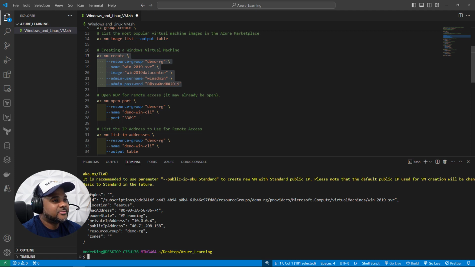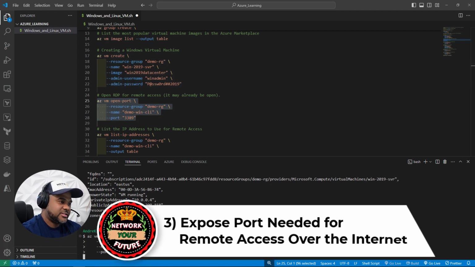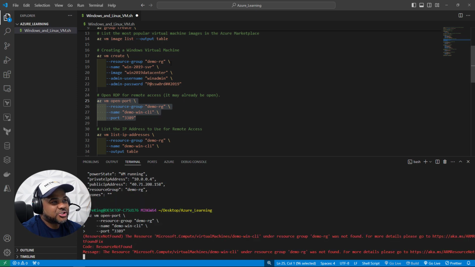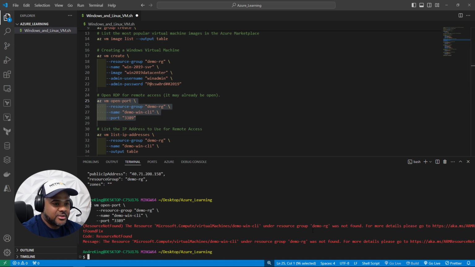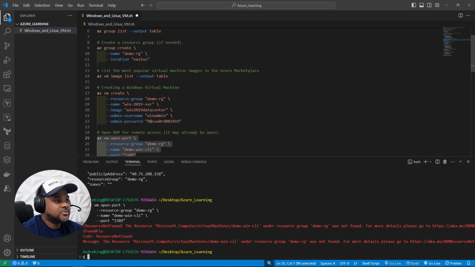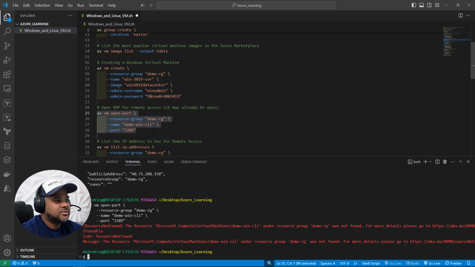So let's go ahead and copy that, paste this subset of commands. And you see I always get confused with the forward slash and backslash, but this is the backslash. This is just denoting that we have a line that needs to be together. Resource group, did I name that wrong? Resource group is demo-rg, mark the resource.